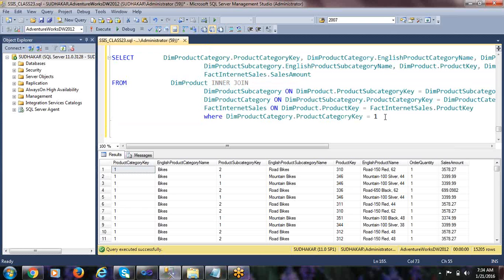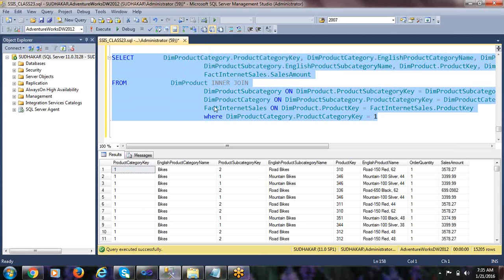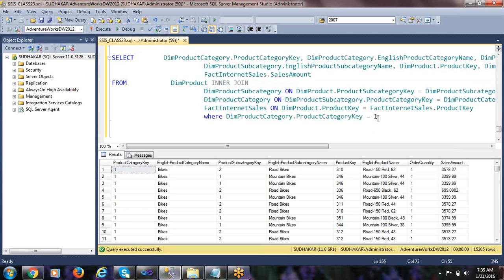To apply this type of condition on a result set in order to filter the data, we are going to use parameters. Now you have used the parameter here in the query, so this is called a query parameter. Two types of parameters are there: query parameter and report parameter. We are going to use the query parameter inside the SQL statement.